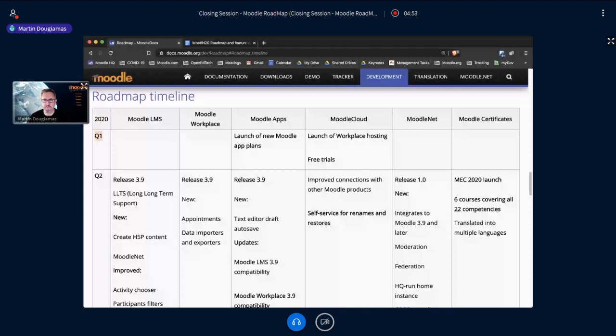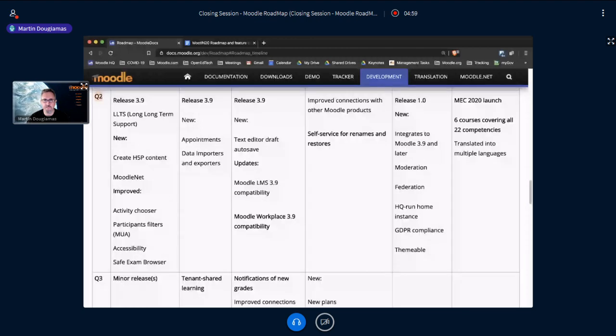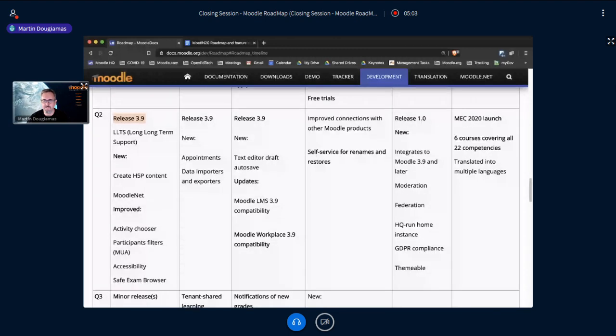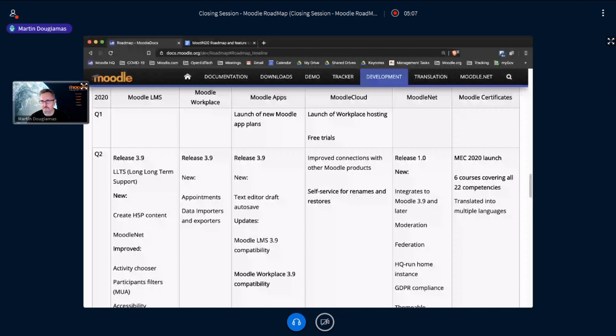In this quarter, quarter two, we've got the release of 3.9 for Moodle Core, Moodle LMS. We've also got Workplace being released, a new version of the app with some cool things, Moodle Cloud, MoodleNet will be released, and the Moodle Educator Certificate is being properly released as well.